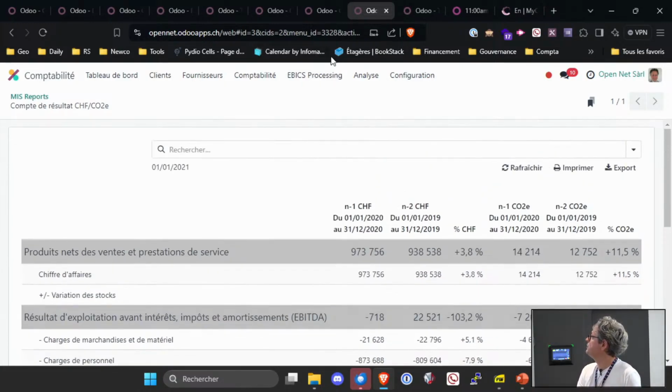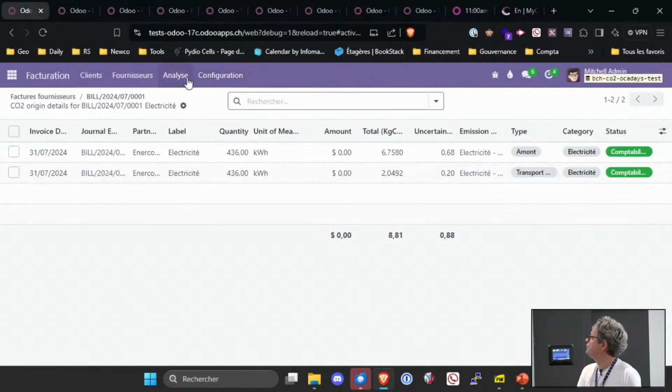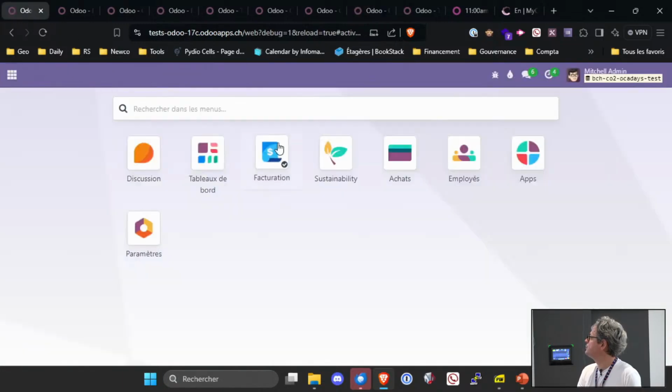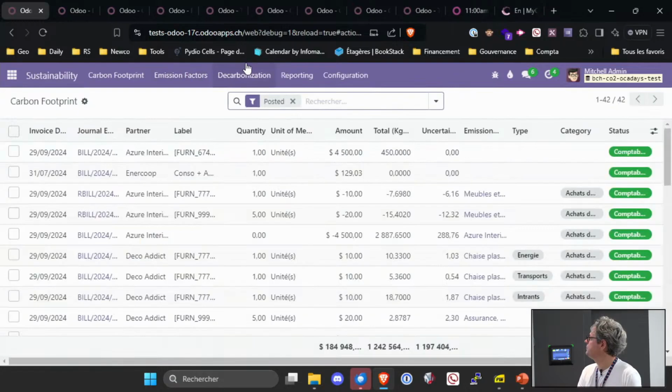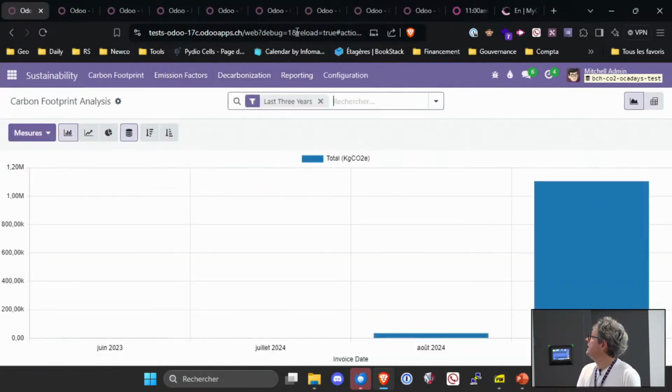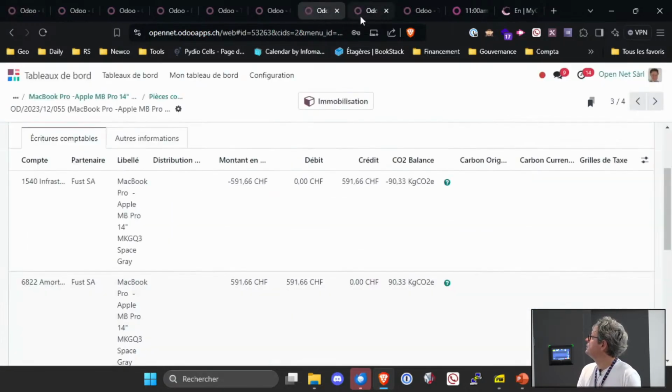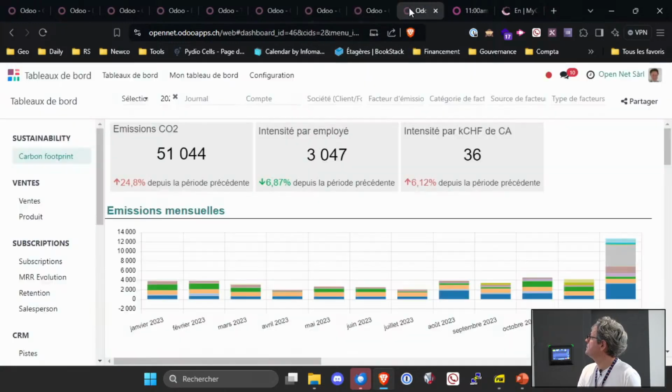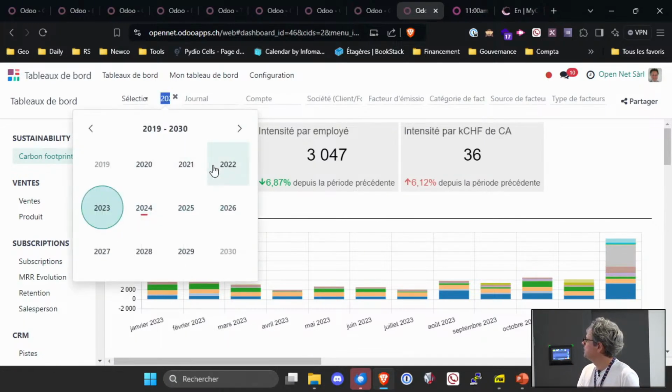I also explained to you that you are able to use the analysis module within the sustainability app here. And there's another one, which is a dashboard that has been created. Dashboard is also part of the community edition. And here we have defined a dashboard in order to look at our emissions.